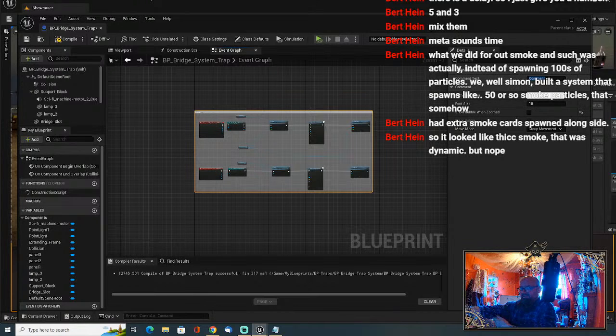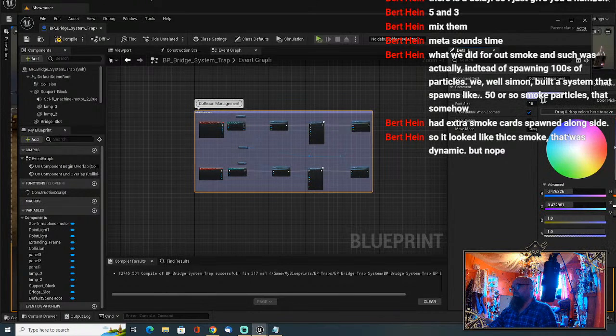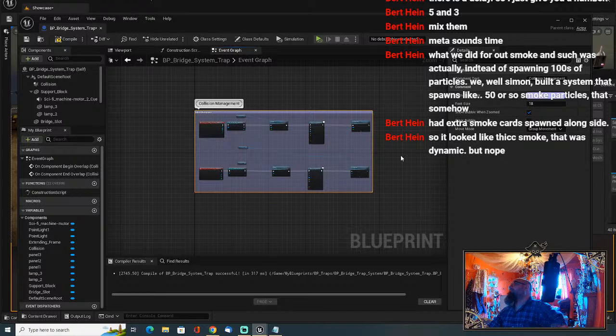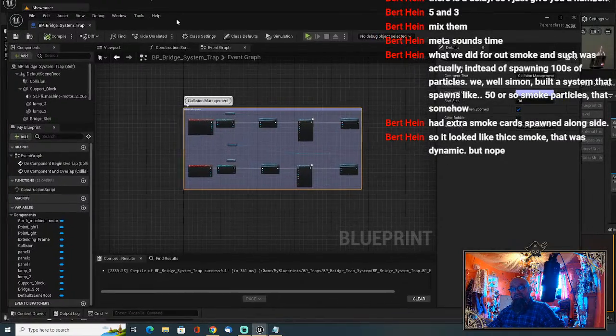I'm certain of it. Okay, so comment text is collision management, font size, doesn't matter. Show bubble. I can't stand its default color. There we go. I'll save. And the next thing I need to do is